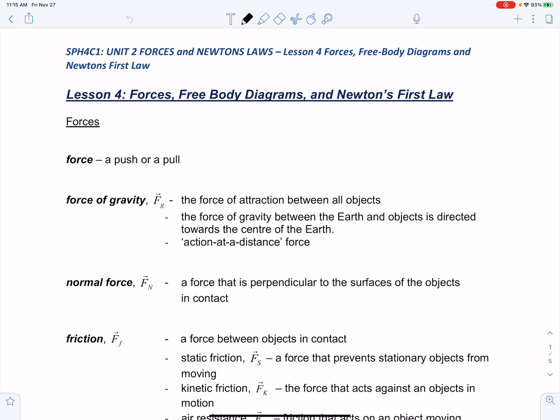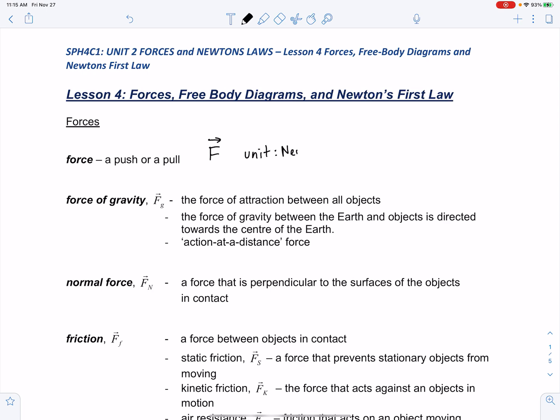Force is defined as a push or a pull on an object. The symbol for a force is the capital letter F. It's a vector quantity, so we'll put an arrowhead on the top. Whenever there is an arrowhead, we know that we're talking about a vector, so there should be a direction associated with the force. The unit of measure